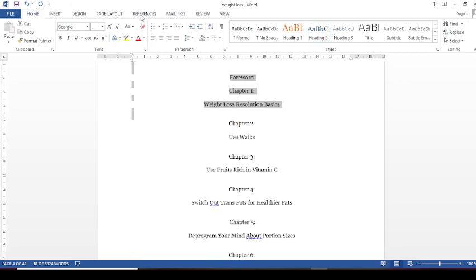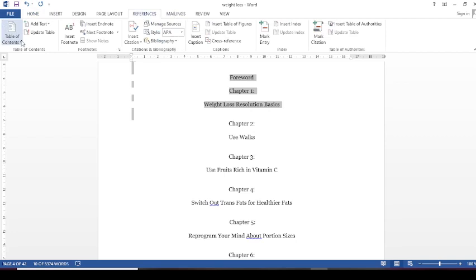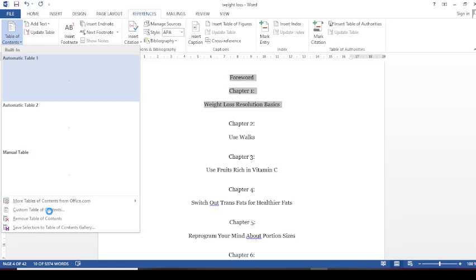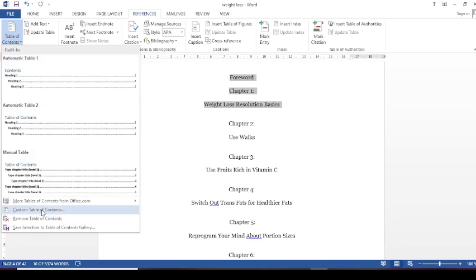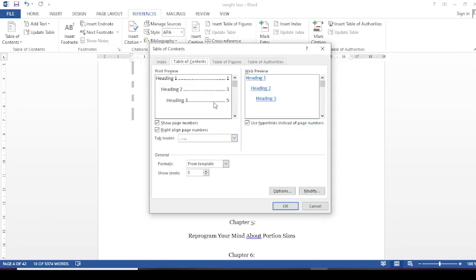Now click on reference, table of content. Click on custom table of contents. Now I click show page numbers. I deselect page numbers and use hyperlinks instead. Now I want it to show levels 1 and 2, so it will show heading 1 and heading 2. Then I'll click